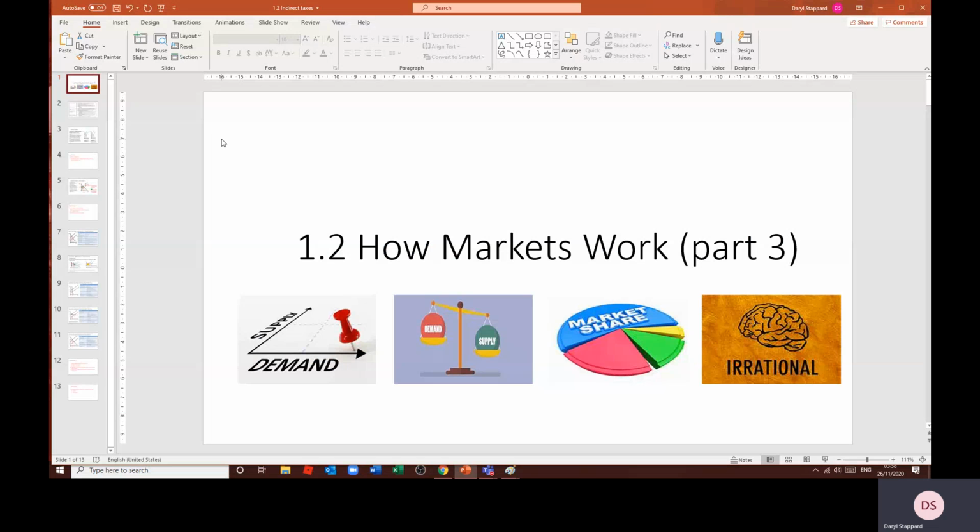Hello everybody and welcome to another video in the series of exploring Theme 1's 1.2, which is all about how markets work. Now, all the previous videos were building up towards understanding a market equilibrium diagram. So demand curves, supply curves, and then market equilibrium diagrams. What we're now going to do is add another layer of complexity into these diagrams by looking at what we